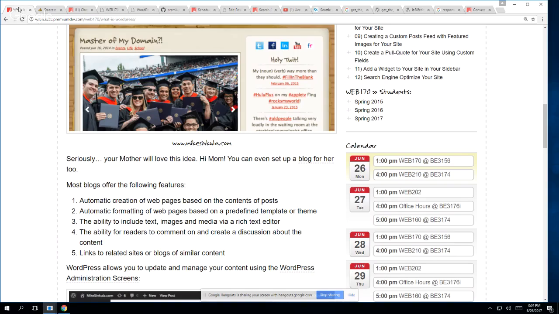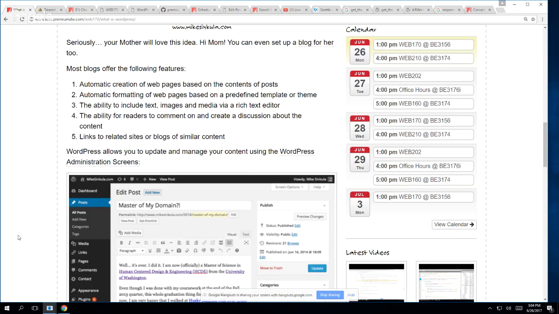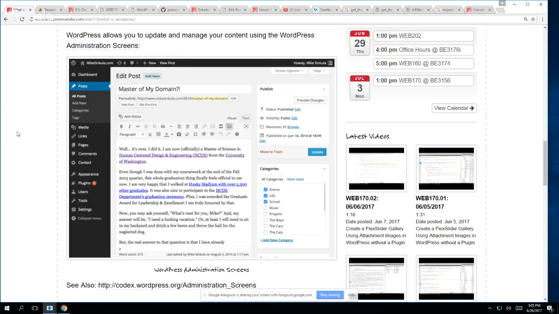So most blogs offer the following features: automatic creation of web pages, formatting web pages based on predefined templates, the ability to include text, images, media, and the ability for readers to comment and create discussion. We're not going to talk a whole lot about comments in this class, because I think that's the least important thing of this whole package. Right? Links to related sites, etc. So WordPress allows you to, via a dashboard admin section,